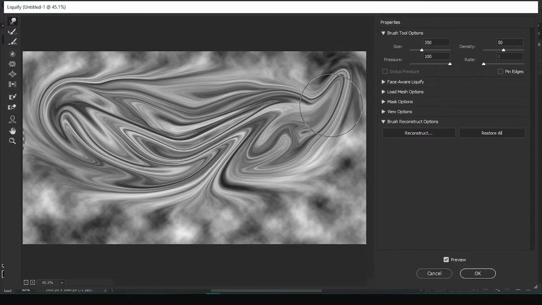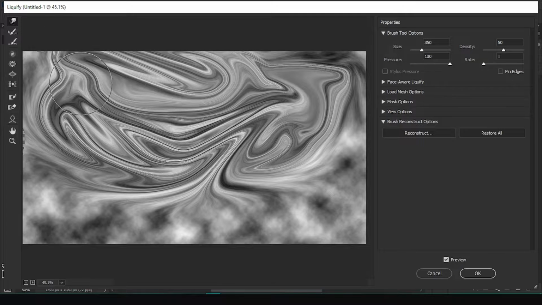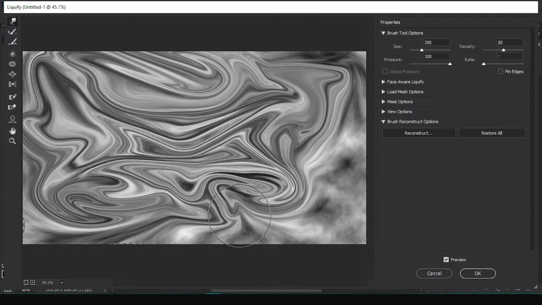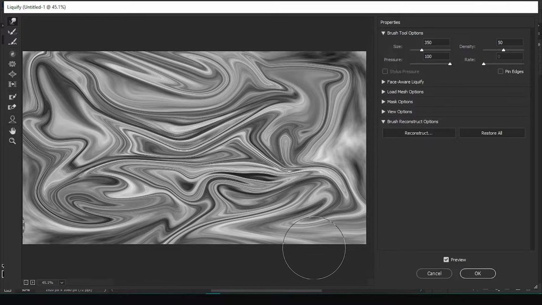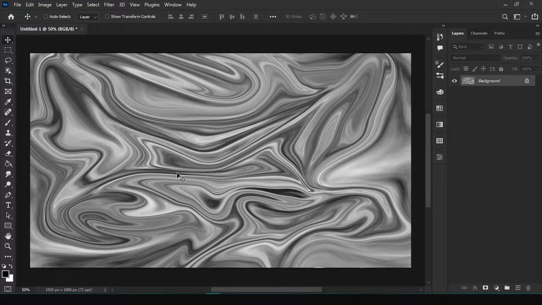And obviously this is an Adobe Photoshop tutorial, so the more time you give it, the better the results are. Alright, with that done, we are going to press OK and get to the next step.